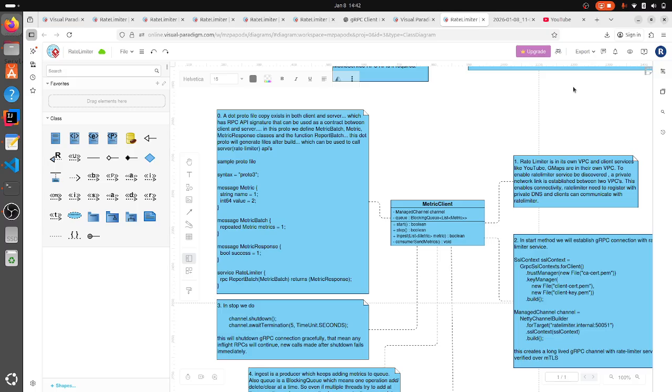The rate limiter service has its own virtual private cloud, VPC, and the servers are distributed around the globe. Let's say our rate limiter service is very huge, a massive scale,